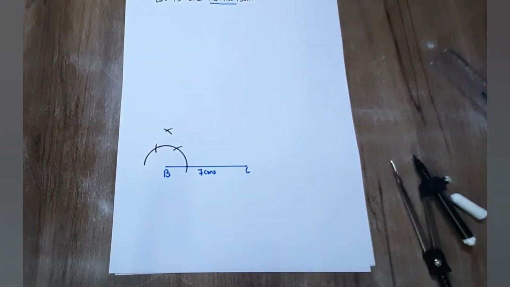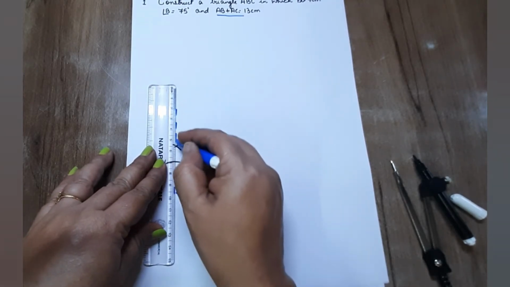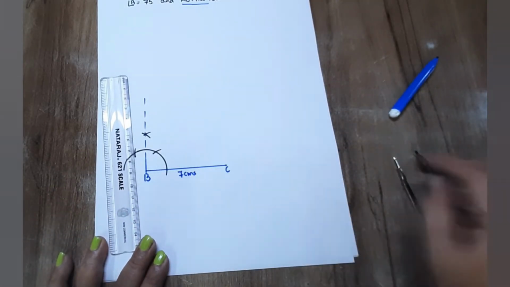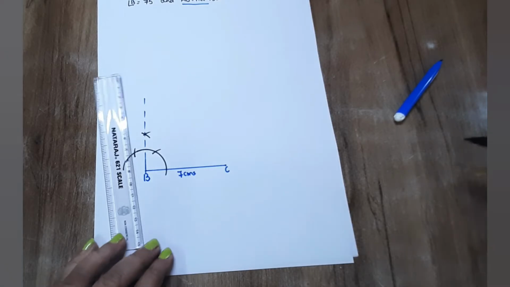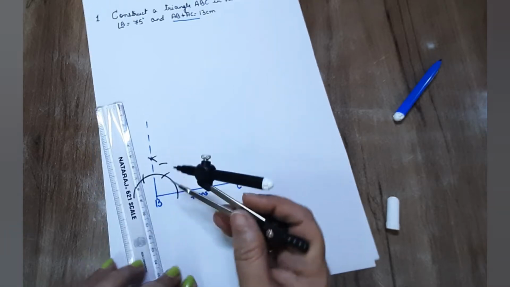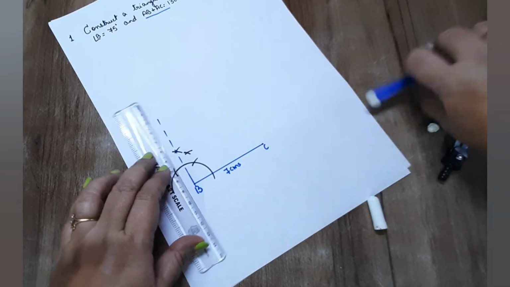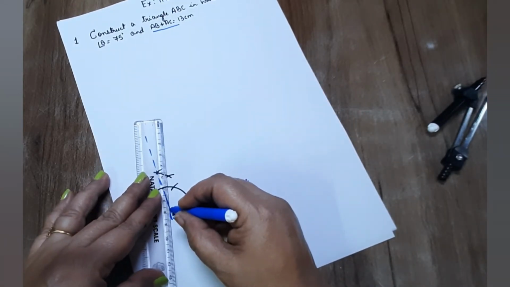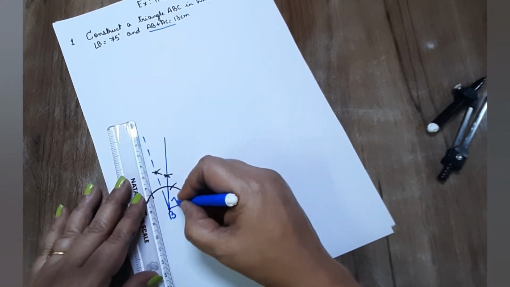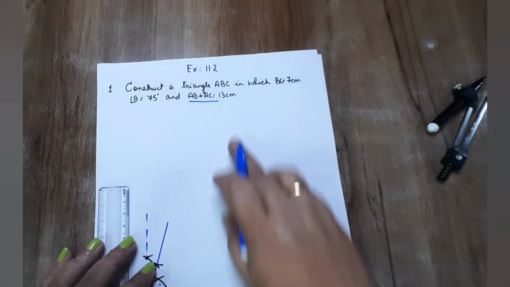So 90 degree is not required for us. But this is 60 and this part is 30. We want only 15 out of it. So I will bisect this, we call it an angular bisector, from here and one more over here. Then now we get this part here. Draw the thick line. This is 75 degree. So when we draw 75, we'll go back to the question.